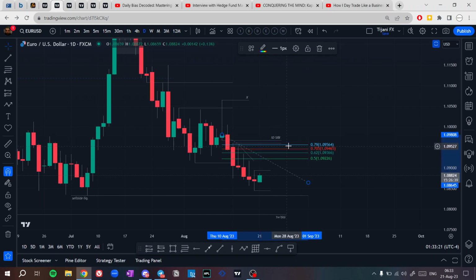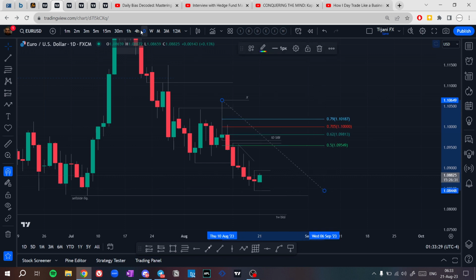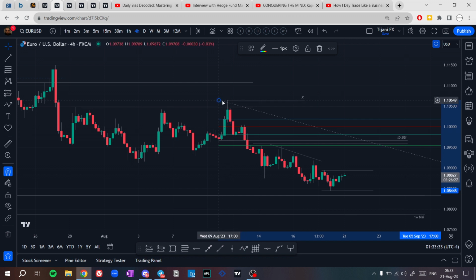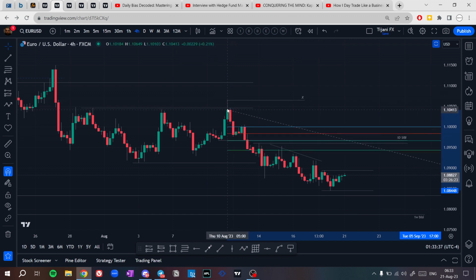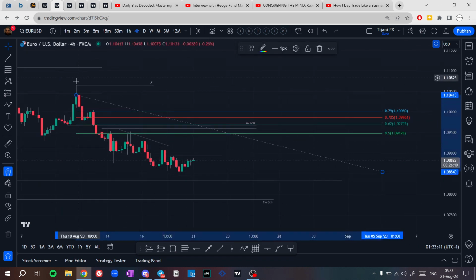If we use only the candles of this range, from this high to this low, price is at optimal trade entry. But for me, I also use the wicks, not only the candles, because on the 4-hour time frame we're going to have a big range. As we see, we're going to have bodies here, another range. So that's why I'm also using the wicks.